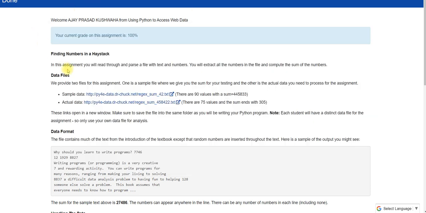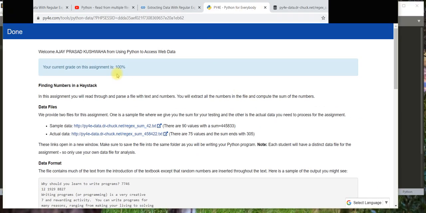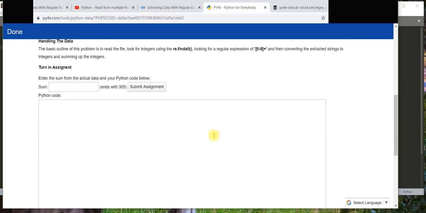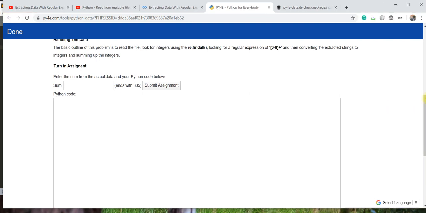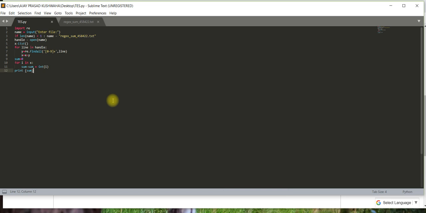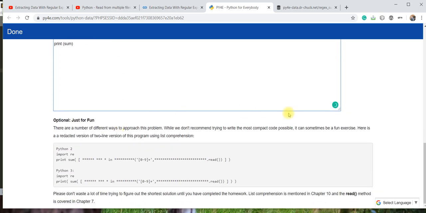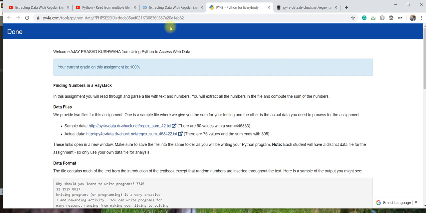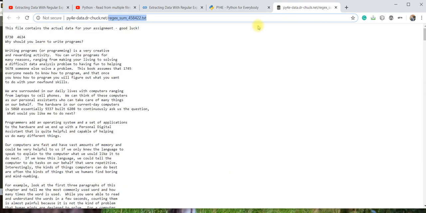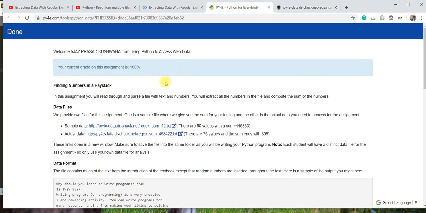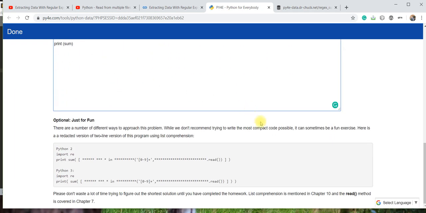After that when you go here, go up, let me make it a little bit up, and here you have to paste the sum now, and here you have to paste the code, this code, and go here and paste this code, and now it is done here, and in this tool, done, our task is done.